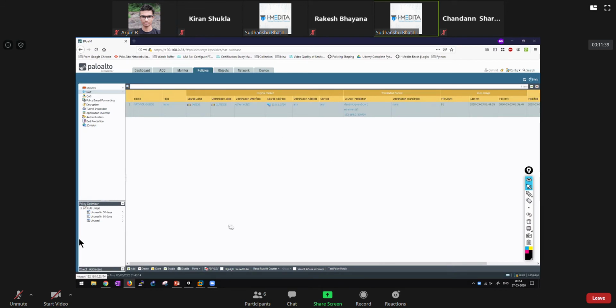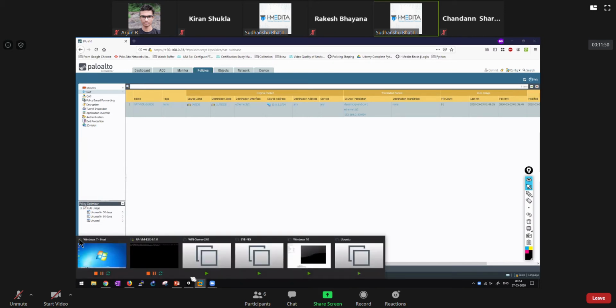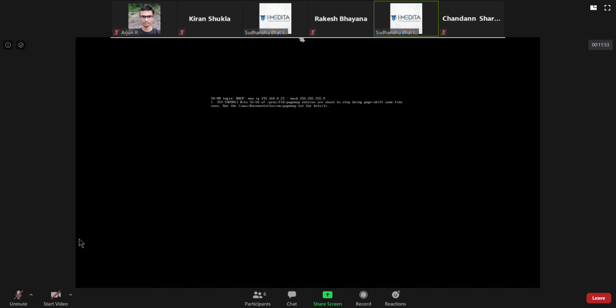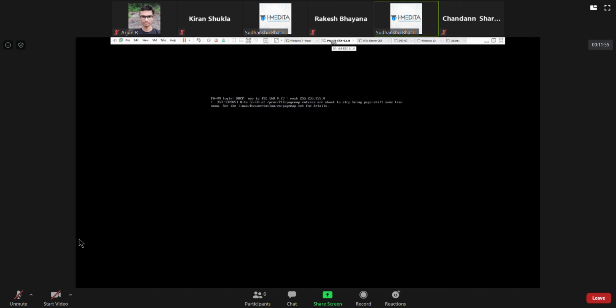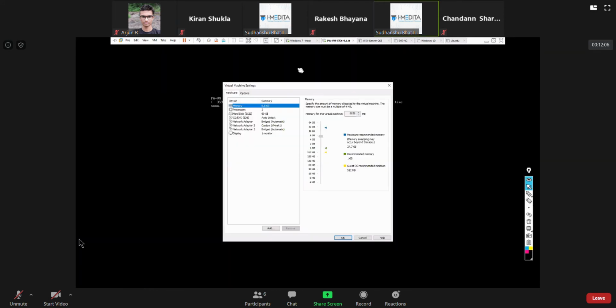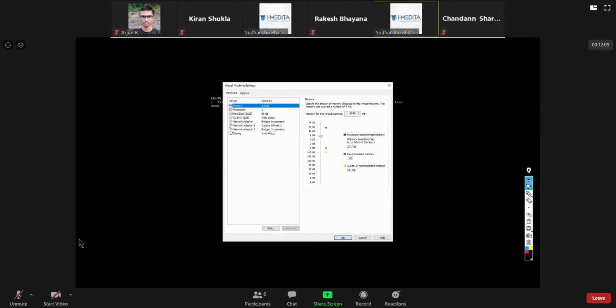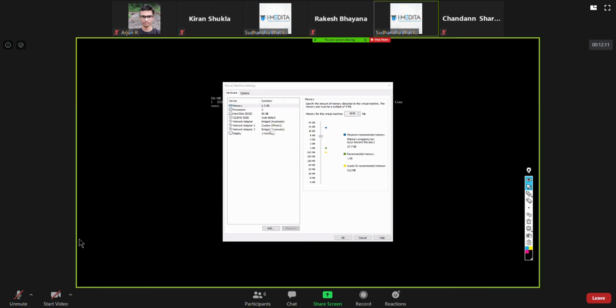Let me give you a basic idea of what happens when you deploy Palo Alto in a virtual machine. Whichever virtualization system you deploy it in, if you look at the network cards, I'm just opening up the VMware settings for this virtual machine.